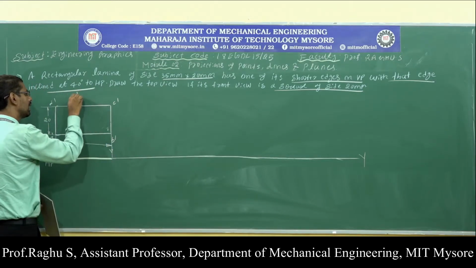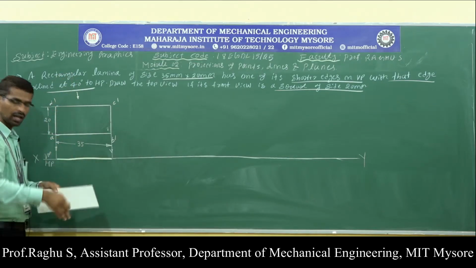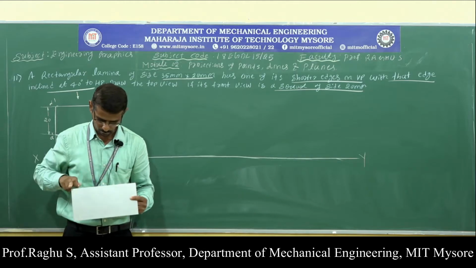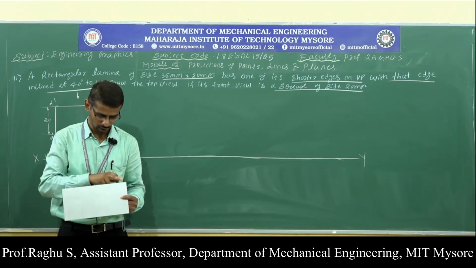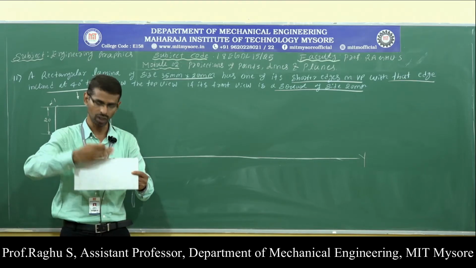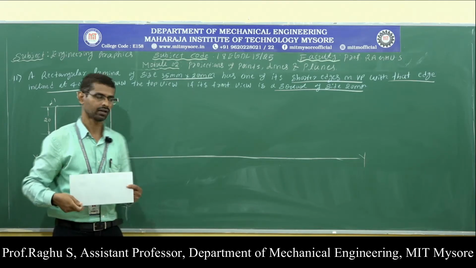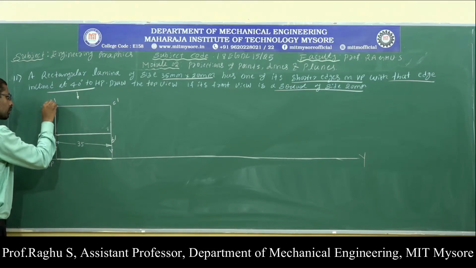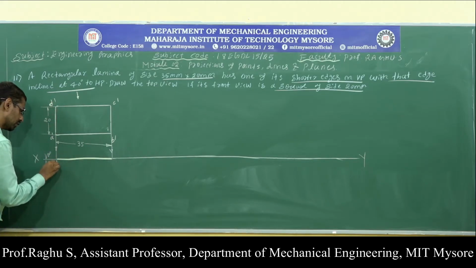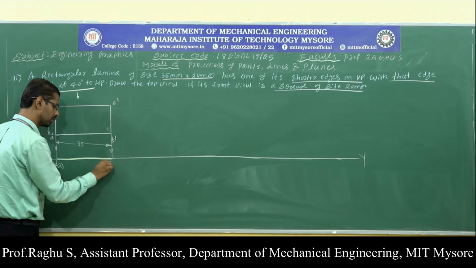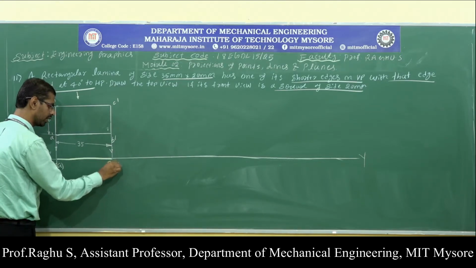When you look at the lamina from the top, the lamina looks like a straight line. So the front view is the true shape, and the top view is a straight line. Now do the naming here. In the top view, D is visible, so D visible, A invisible, and write it in brackets. In the top view, C visible, B invisible, write it in brackets.